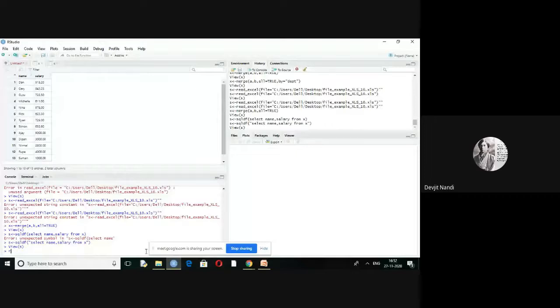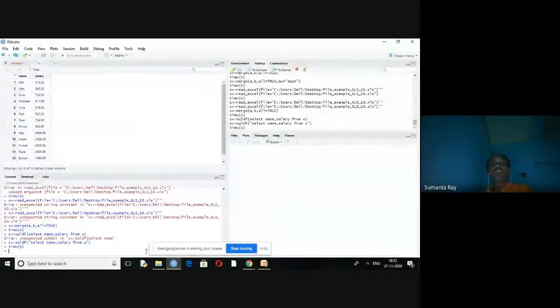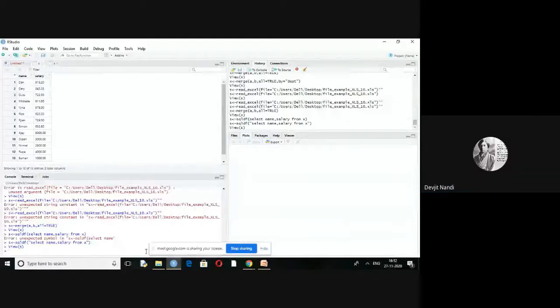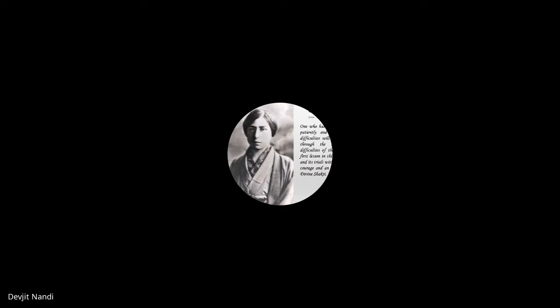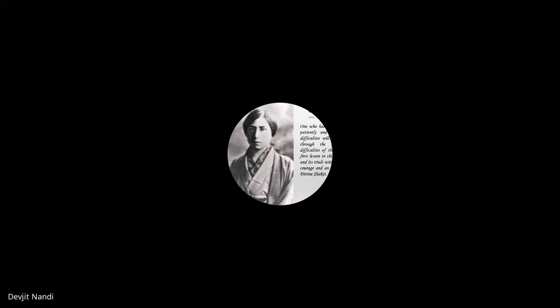Sir, if we are not sure of the packages, then how can we use the help part for that? Which package? With the help of Google or any book, otherwise it is not possible. In R, little help will be available. Otherwise, you have to take help from Google or from any book. There are so many packages. Which particular function is associated with which package, nobody can tell. Okay, thank you.